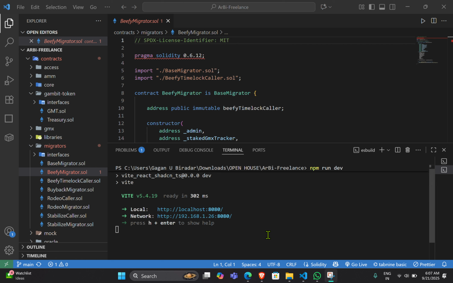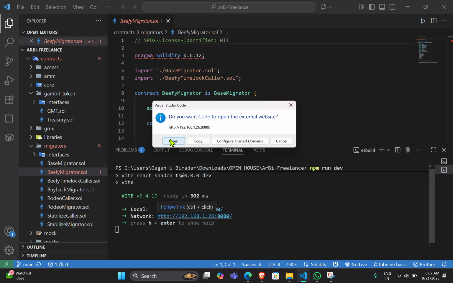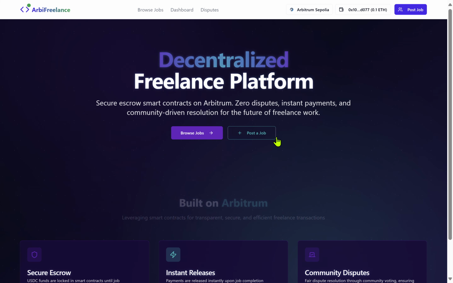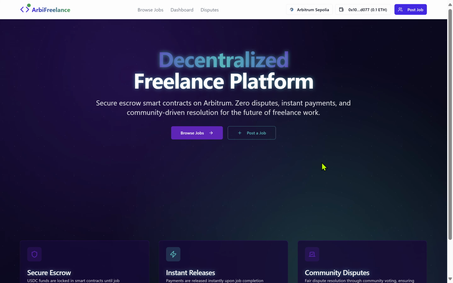Now that the development server is on, let's click onto the network and go to the project. Let's say open. So this is how it looks at first glance. This is the home page, or the main interface, of the platform that I have built, which is called ArBi